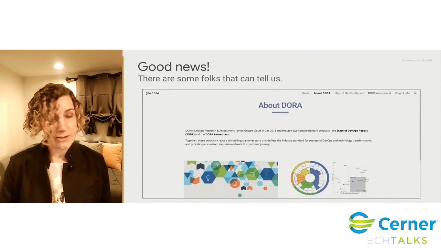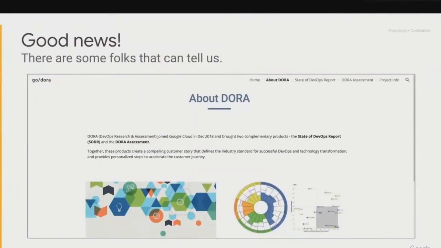And there's this organization, DevOps Research and Assessment, DORA, more commonly referred to, that does a lot of research in the space. They basically go out and they survey companies and they ask them about their practices and they ask them about their operational health and how they approach DevOps. And they do a whole bunch of data science to kind of figure out what are the patterns and what leads to success in this space. And they're part of Google Cloud. They're also, if you've read the book Accelerate, this research is what backed that book.